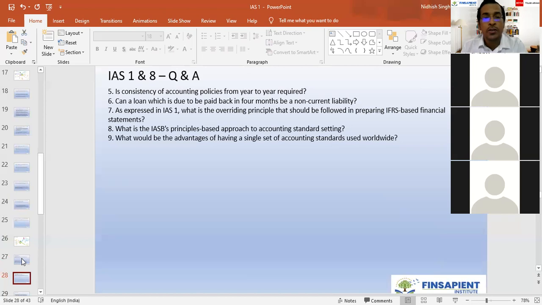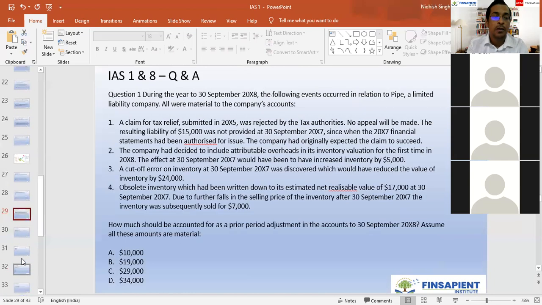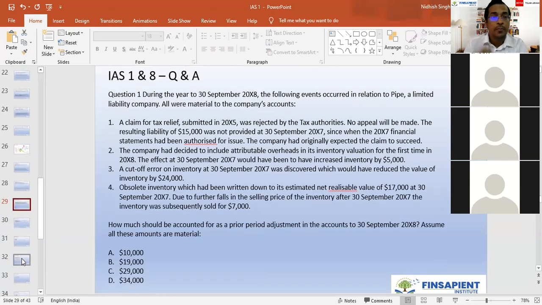What would be the advantages of having a single set of accounting standards used worldwide? We have talked about this: low cost, speedier process, efficiency, comparability, better investment, competitiveness across the world, a raft of benefits, saving of time and effort. Here comes an interesting question. Question 1, during the year to 30th September 2008,